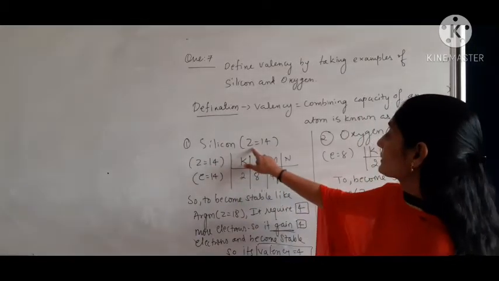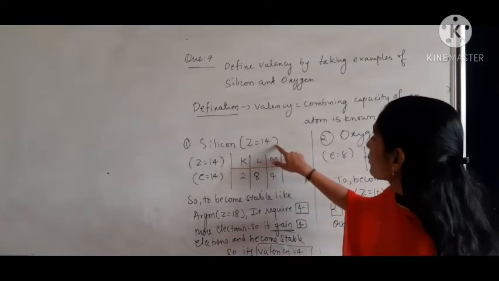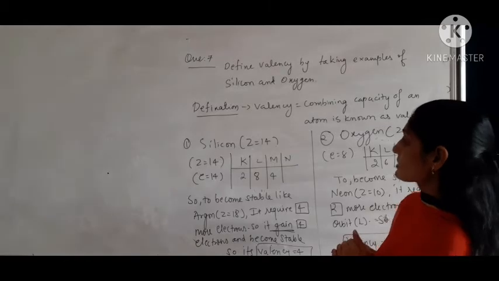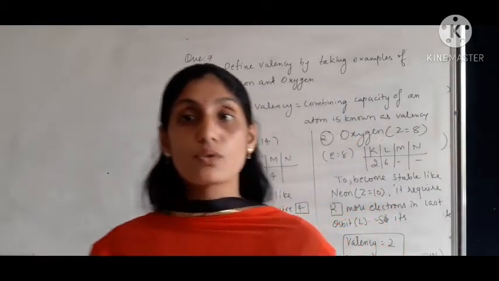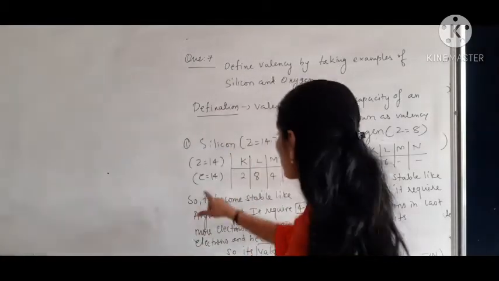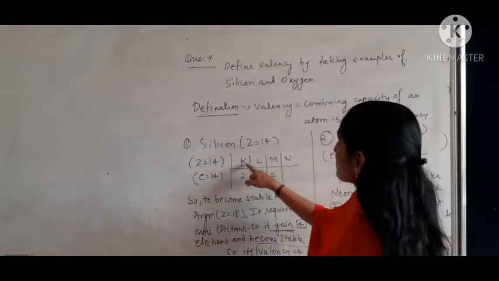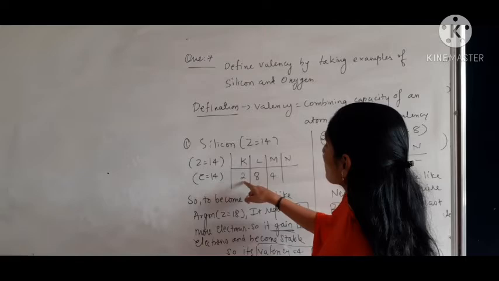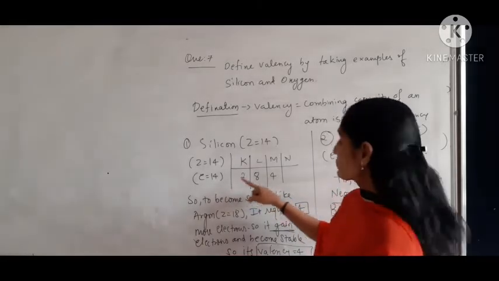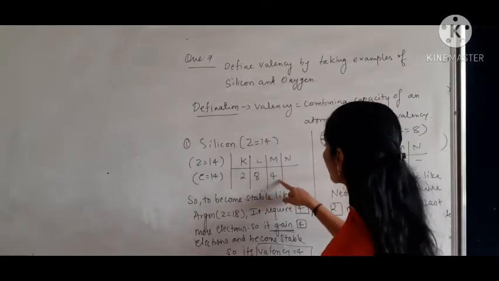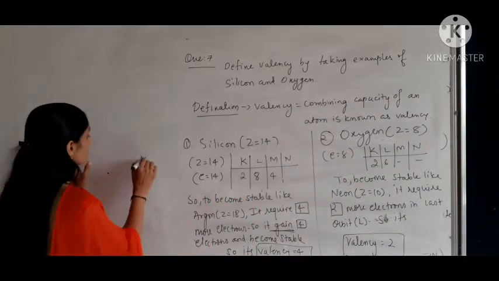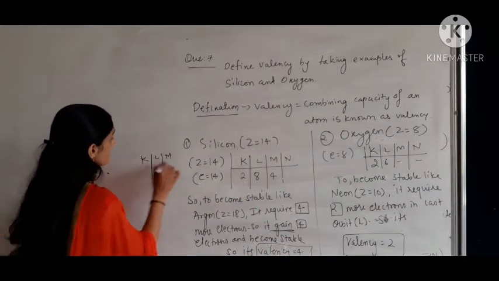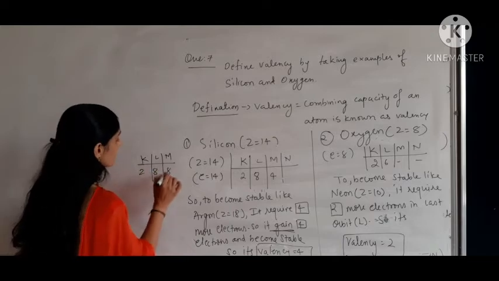पहला देखते हैं सिलिकॉन. सिलिकॉन Z क्या बताता है? एटॉमिक नंबर. तो कितना है? 14. Now we just have the relation between Z and E. That means atomic number is always equal to the number of protons and the number of electrons. So E is equal to 14. So now this is the distribution of electrons. K shell always contains 2, more than 2 accommodating L shell 8 and 4. That means to become like argon, when we talk about argon, it has a stable configuration 2, 8, 8.